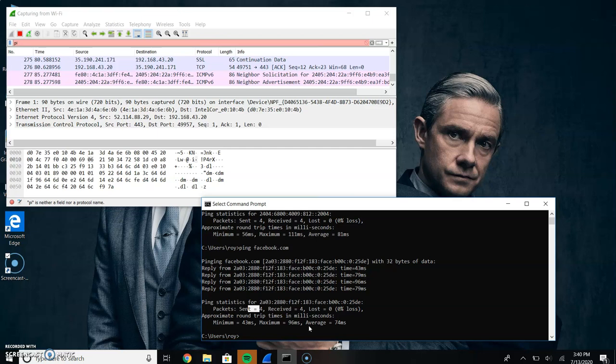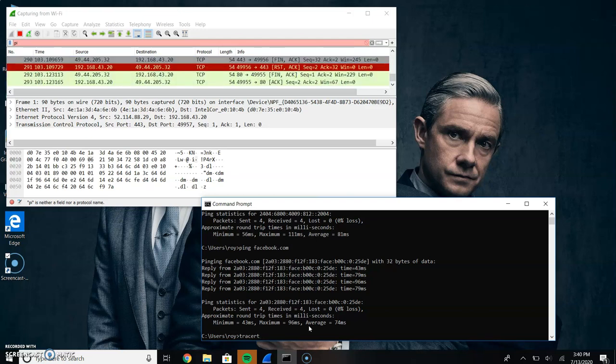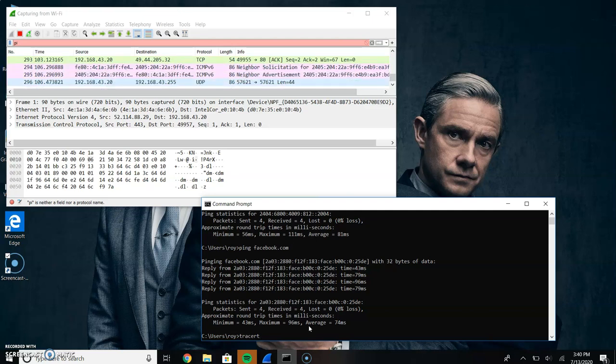After ping we could see the tracert command. Tracert is used to trace the route of our packet. If you remember routing principles, it notifies the most efficient path to reach from source to destination. So for example, if I need to check the route of reaching google.com, I need to type tracert space google.com.